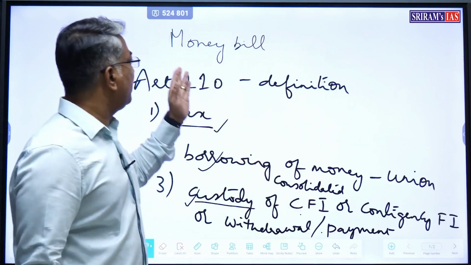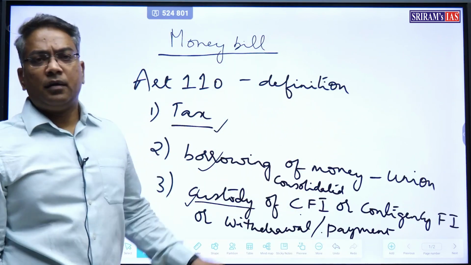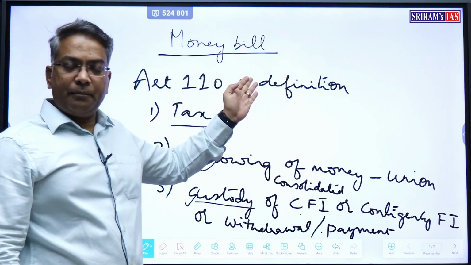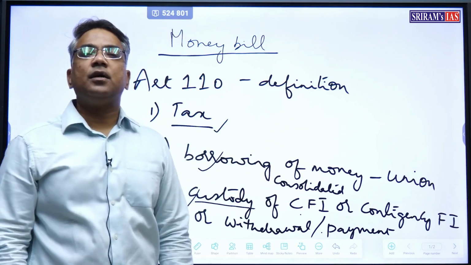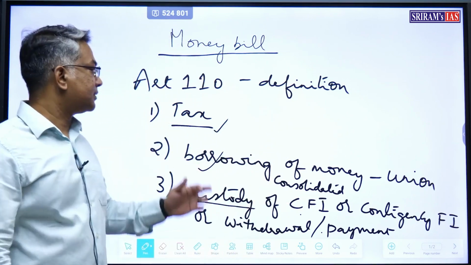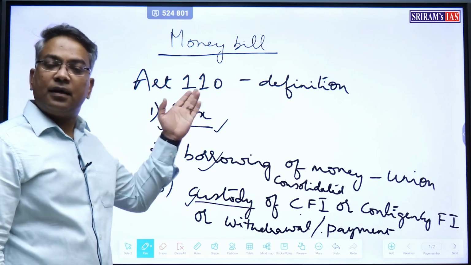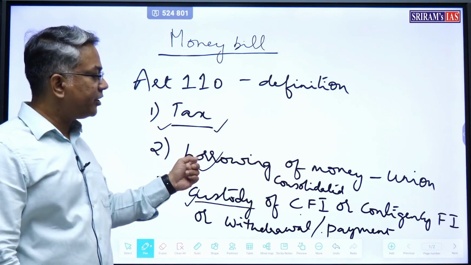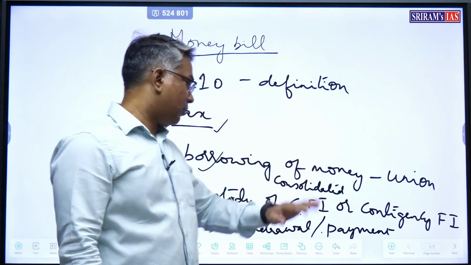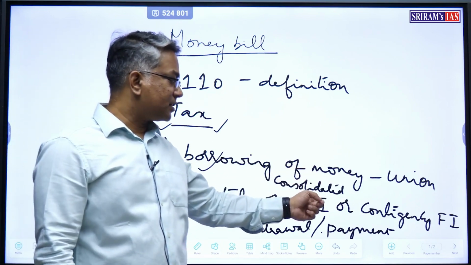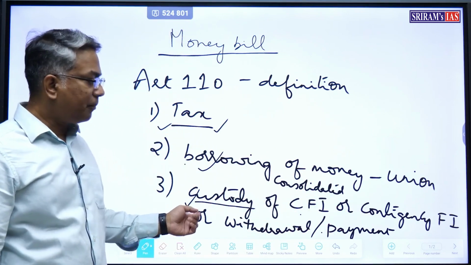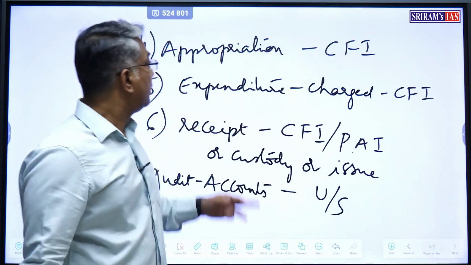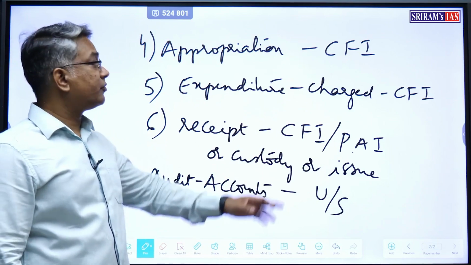So, what does Article 110 of the Constitution say? It deals with the definition of the money bill, and a bill is deemed to be a money bill if it contains only provisions relating to the following matters. That is, relating to tax: imposition, abolition, remission, alteration or regulation of any tax, regulation of the borrowing of money of the union government, custody of the Consolidated Fund of India or Contingency Fund of India, or payment into or withdrawal from Consolidated and Contingency Fund of India, and also appropriation of money out of the Consolidated Fund of India,